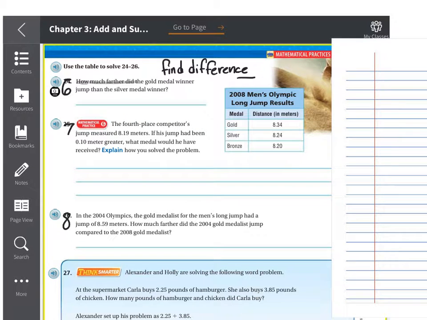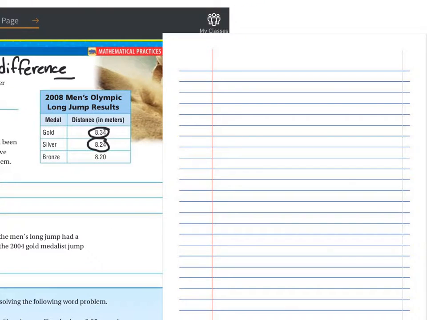So you're going to be subtracting the gold medal winner from the silver medal winner. So that would be subtracting these 2 from each other, okay? And then whatever answer is for that, you're going to be showing,